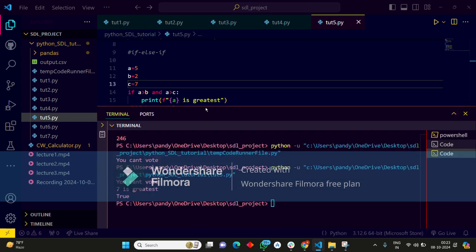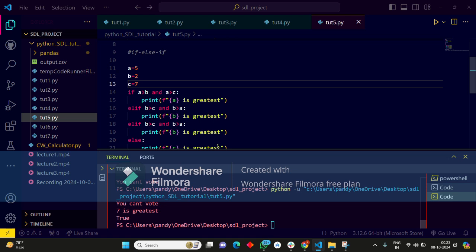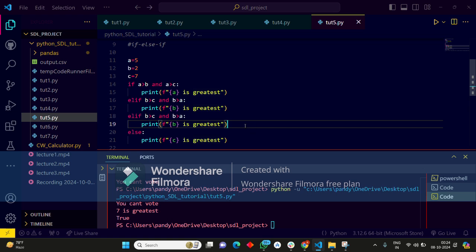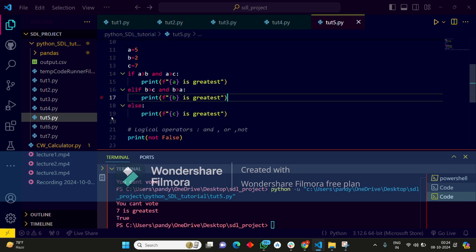So as you can see, the output is 7 is greatest. So what happened here is this statement got executed. Since 5 is smaller than both, it turned out to be false. Then this got executed. Again 2 is smaller, so again its statement turned out to be false. And after this, since none of the above statements was true, finally the else block got executed